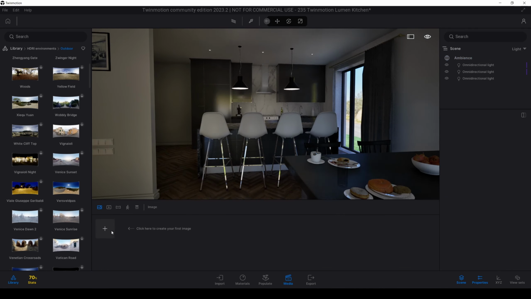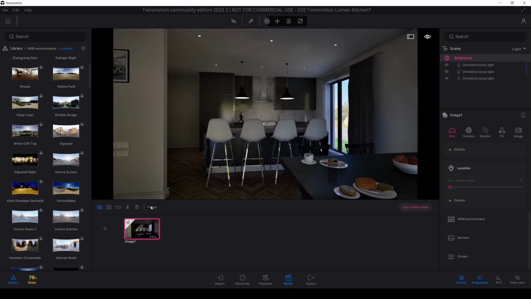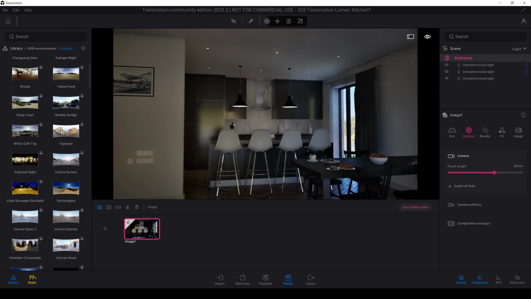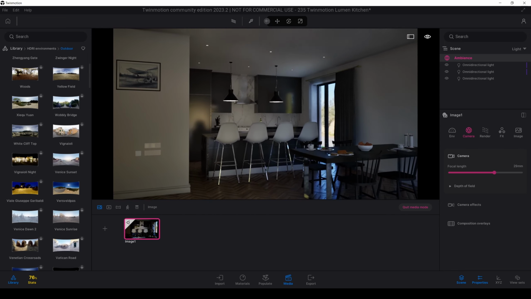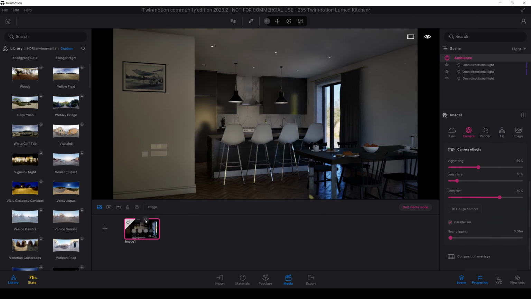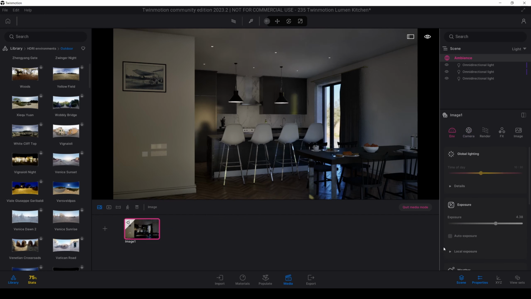I'm going to click this view with this button and change the camera focal length and save that view first. From the camera effects, I'm going to activate the parallelism, click refresh, and then I want to make it a lighter, brighter scene.